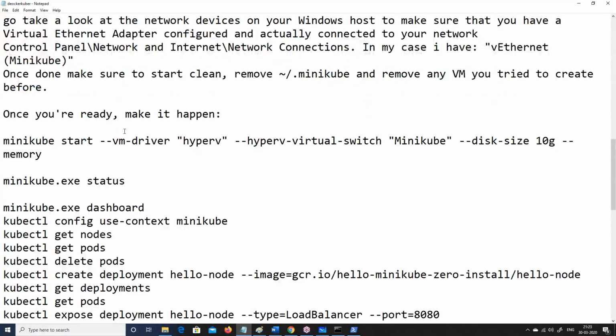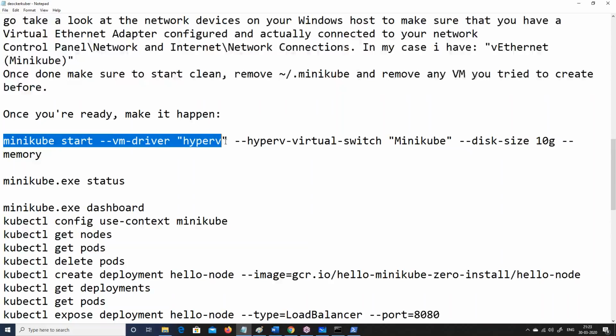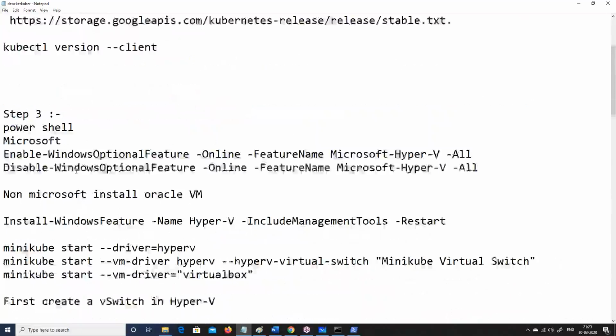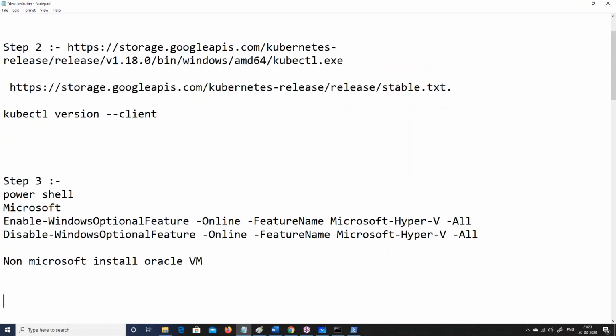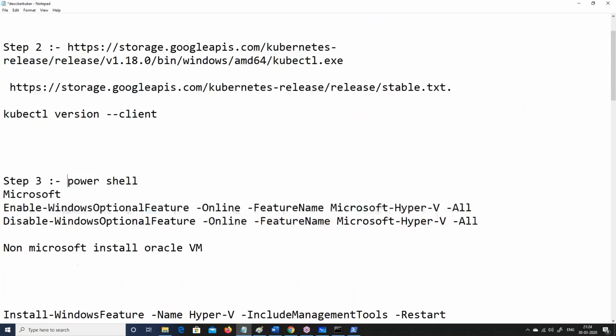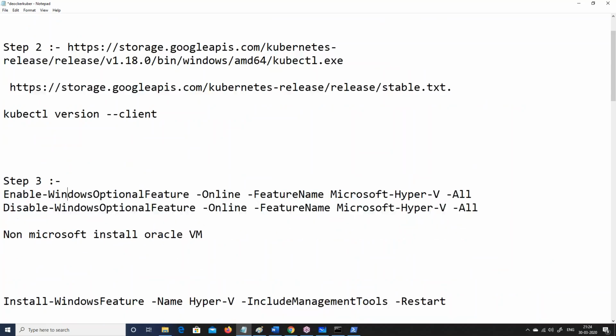Okay, good. Once you do that, you will then go ahead and say Minikube start. So here it is, step 4. You will say Minikube start.